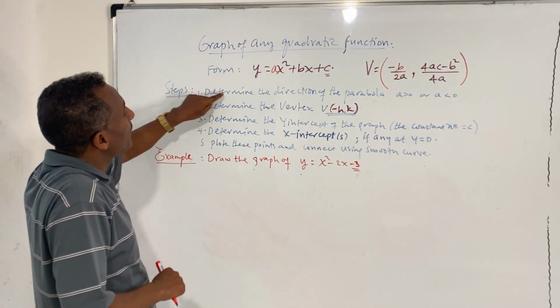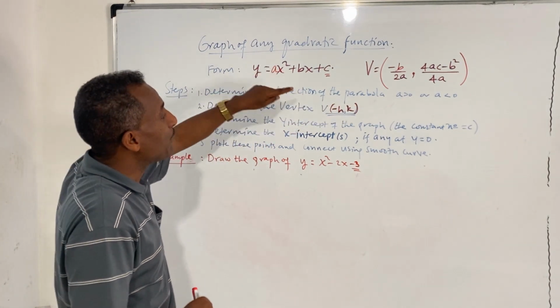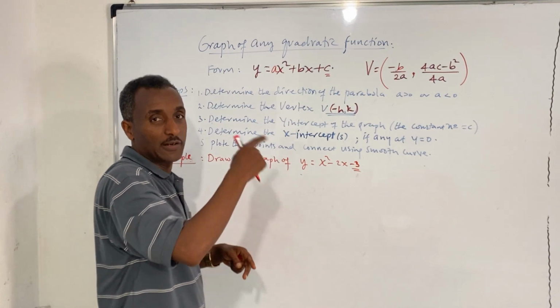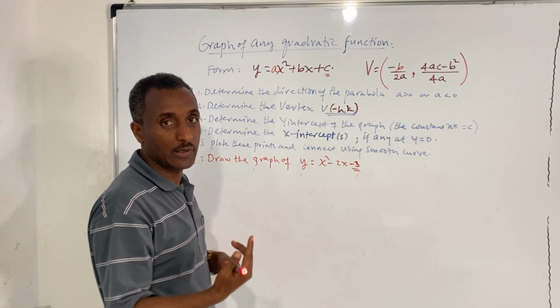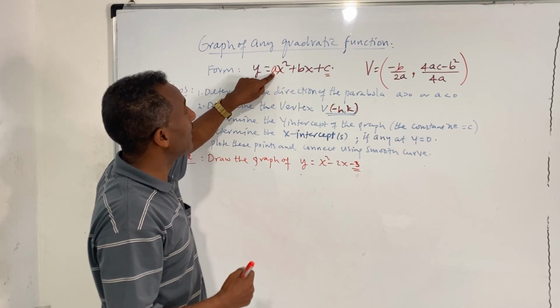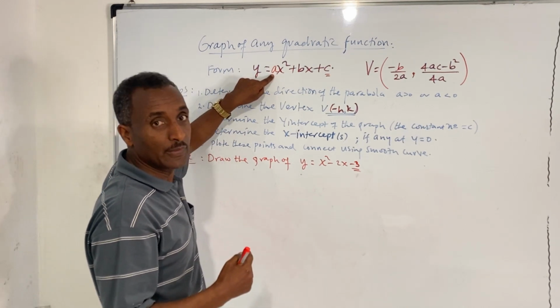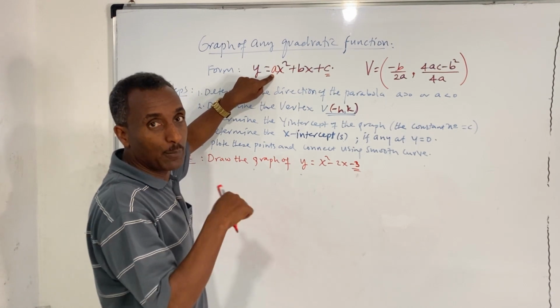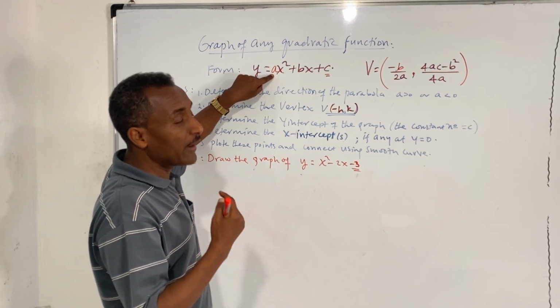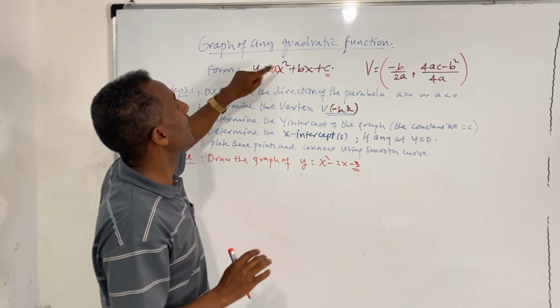የመጀመሪያው ስቴፓችን ዲተርሚን ዘ ዳይሬክሽን ኦፍ ዘ ፓራቦላ። ፓራቦላችን ወደ ላይ ነው ወይስ ወደ ታች ነው የሚከፍተው? ኦፕን የሚያደርገው ወዴት ነው የሚለው ነገር እናያለን። የa ዋጋ በማየት፣ የa ሳይን በማየት፣ if the sign of a is positive the graph will be open upward. If a is negative, it will open downward ማለት ነው።